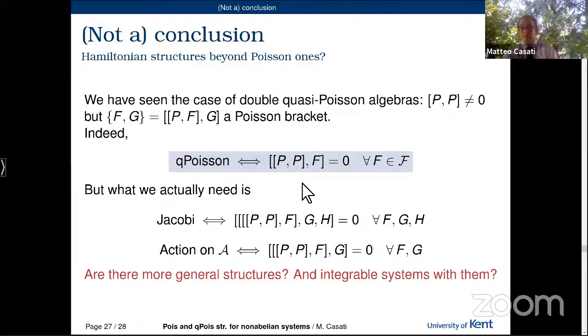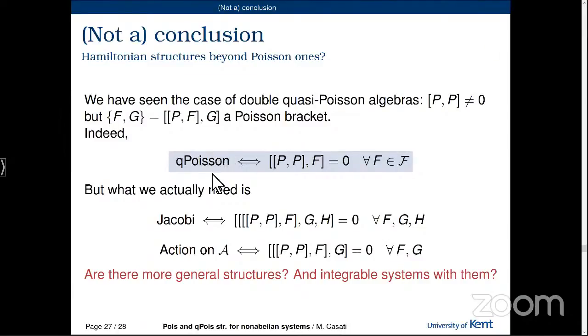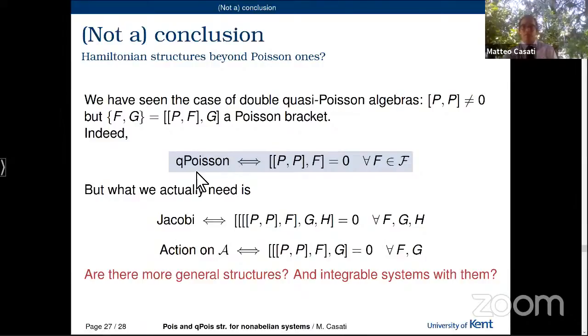So quasi-Poisson gives you a Hamiltonian structure on the local functionals because of this expression. It doesn't really matter whether you are working with ODEs, PDEs, or differential-difference equations, because this is always the expression where you land. On the other hand, I am not aware, and maybe Maxime knows better, of any nonabelian quasi-Poisson structure defined for PDEs, only in the original differential case. This exists for ODEs, definitely. In principle it might exist, but I have no idea how it looks for PDEs or differential-difference equations. Yet these expressions are fail-safe,